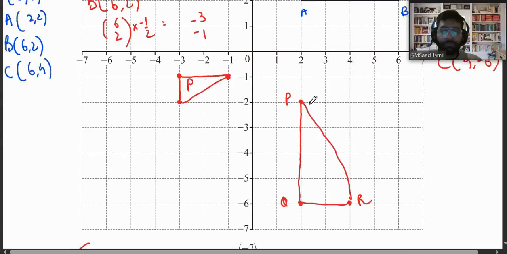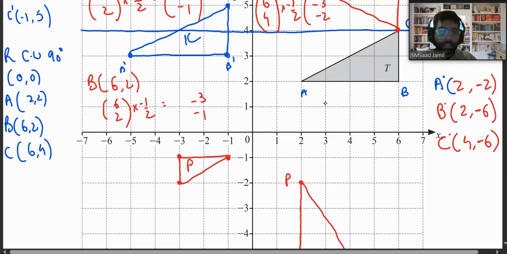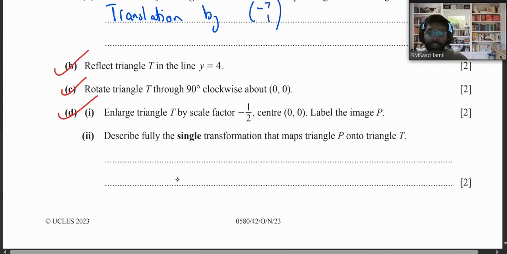Look, if you look at this triangle T, what's the base? 1, 2, 3, 4, like 4. And what's the base of this one? 2. What's the height? It's 2. What's the height of P? It's just 1. So we can already understand that this is enlargement by 2, because triangle T is twice as big as P, but in the negative direction. Look, it's negative. The triangles, one is like this, the other is like this. So it's negative direction. So we will say enlargement